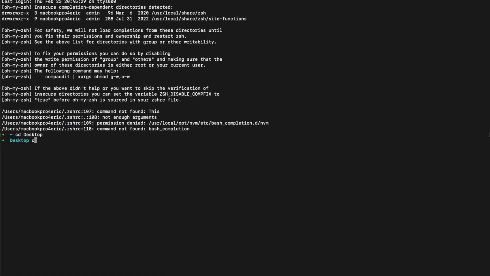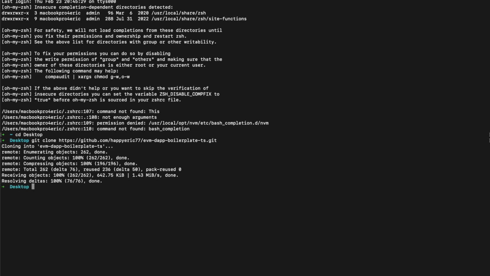And then we will clone, git clone. Okay, and we can see the new directory inside our desktop. We probably rename it. We will call this one as